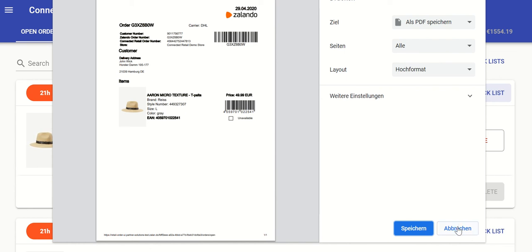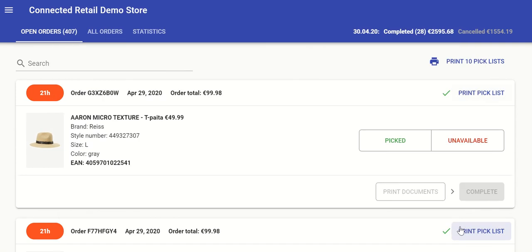So you print this pick list, you go with it to the store, you try to find this hat, and then you mark yourself if it's available or not, if you physically have it in your hands. Okay, let's say you have it physically in your hands, then you mark it as picked, you print the documents,